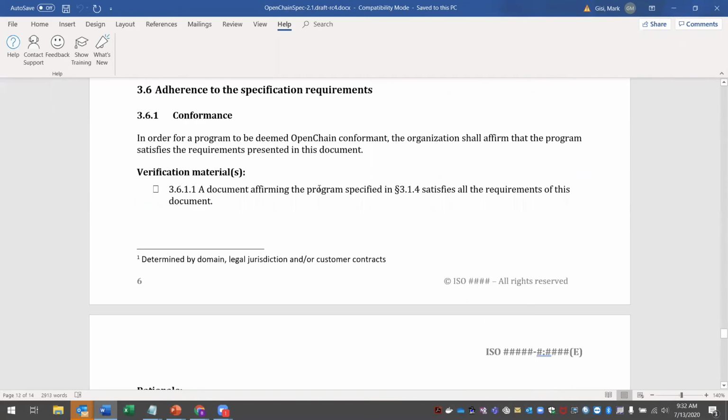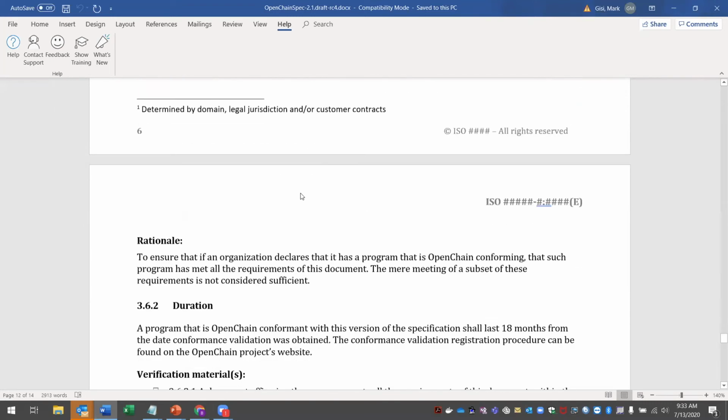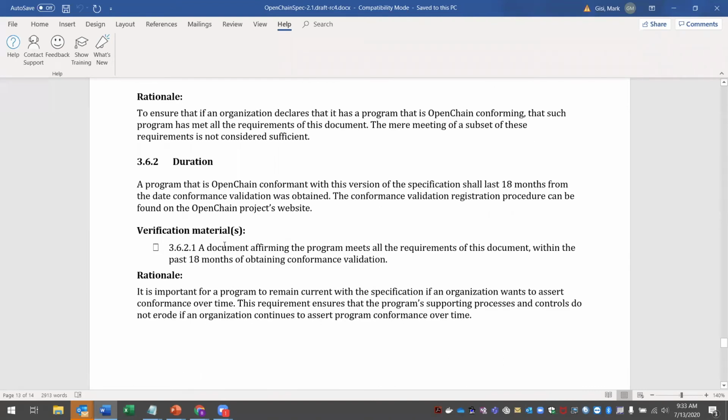And the idea would be, if you go back to 6.1, you're going to make a statement on a certain date, and that usually could be the date used to determine when that clock started. Now, if I want to stick with 2.0 and a 3.0 comes out, I can stick with 2.0. I just need to periodically check to see if my organization is still conforming, that the processes are being followed and so forth. This just forces someone to make sure that's true. Even if they don't want to go to a newer version, they can stay on the earlier version for 5 years if they want. From a business, cost effectiveness standpoint, that's usually comforting.